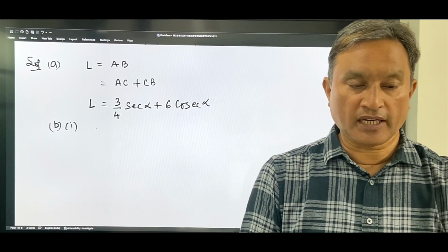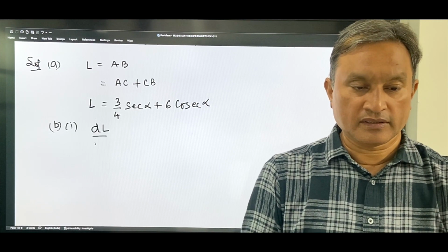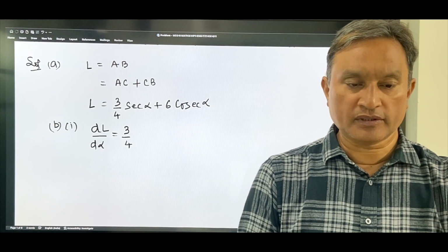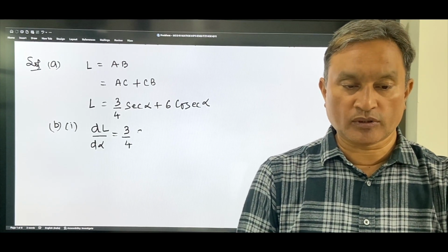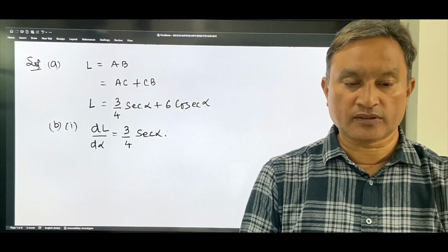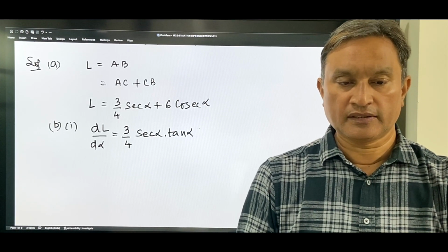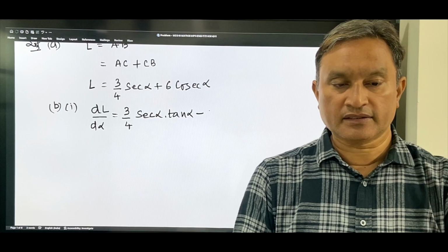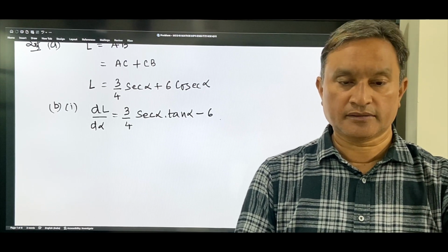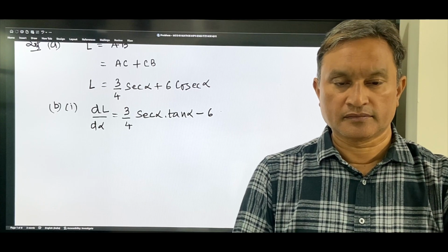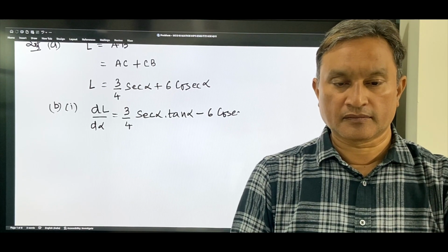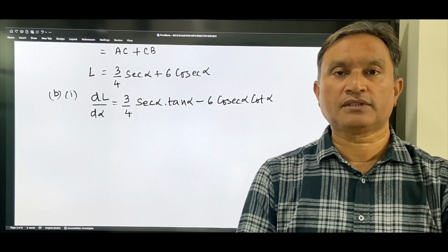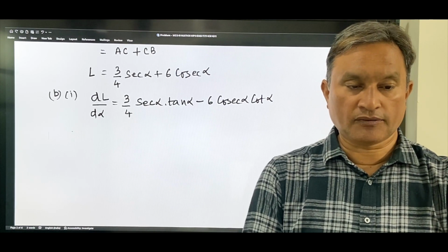In B1 part, we have to find dL upon d alpha, which equals 3 upon 4 times the derivative of sec alpha, which is sec alpha tan alpha, and the derivative of cosec alpha is minus cosec alpha cot alpha, so minus 6 cosec alpha cot alpha. So this is the solution of B1 part. Now for B2,